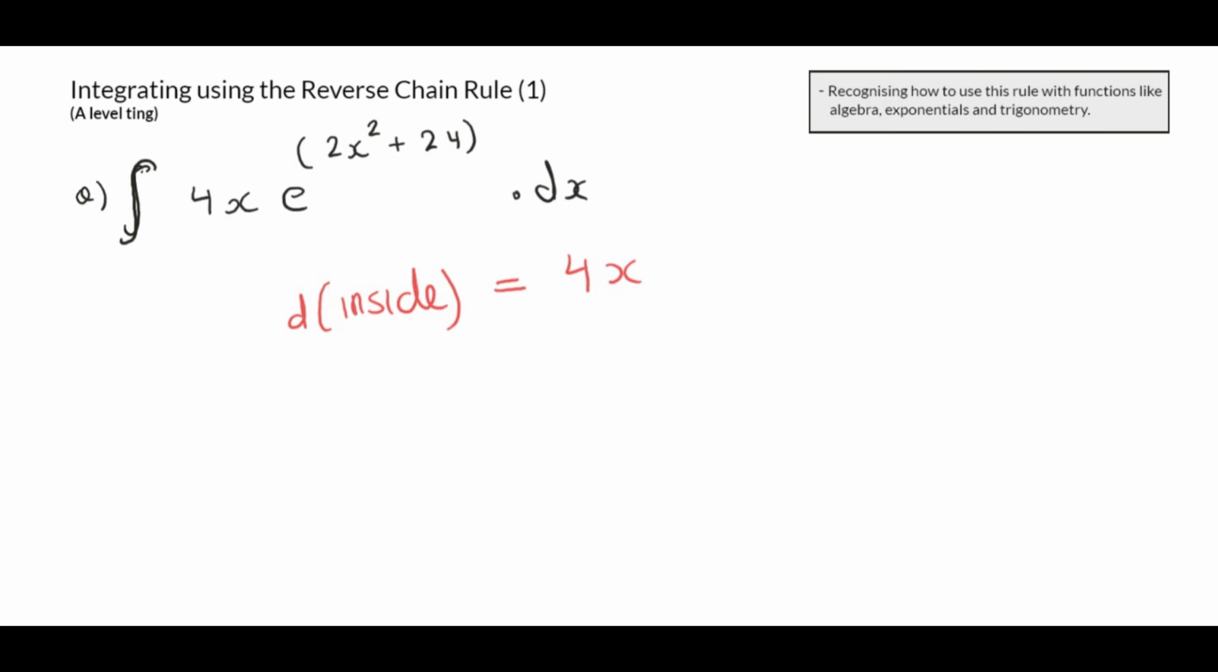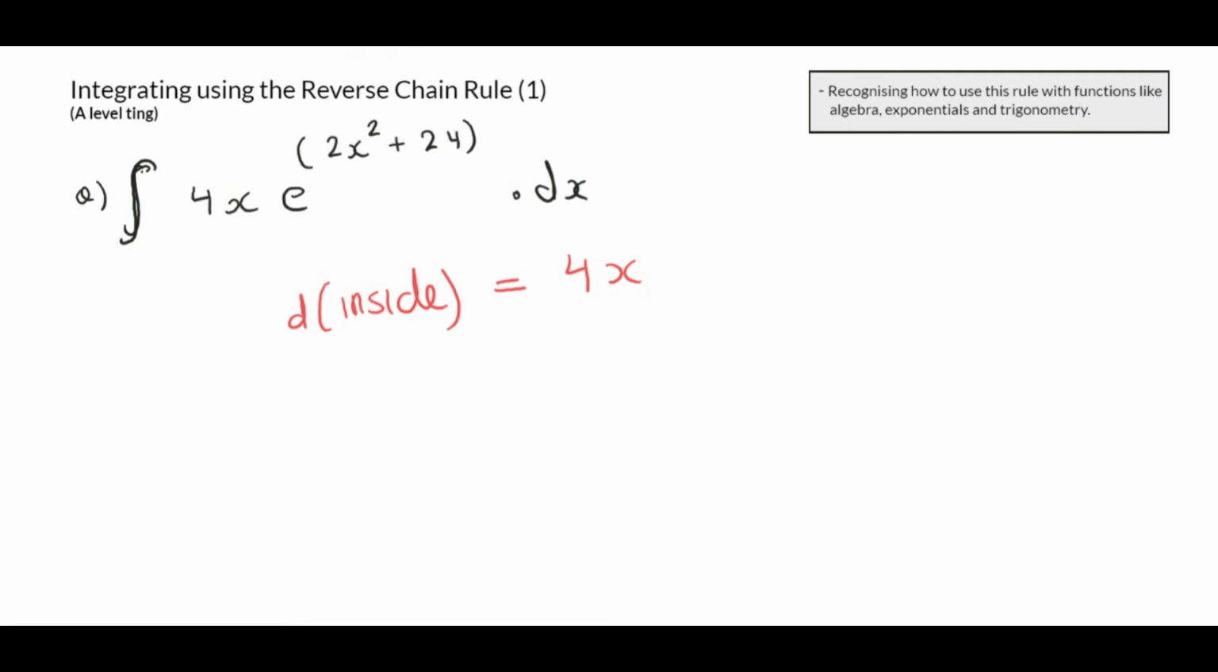Calm, now listen. It's not a coincidence that there's also a 4x sitting out here. Now remember what I told you. Even if it was 8x, it wouldn't matter. You get me? What's really important is this x and this x. That's what I'm really trying to get into your head. What's really important is when you differentiate the inside, this x is coming out and there's also an x sitting on the outside. That's it, done. When you see this, you say to yourself, okay, I'm going to be integrating using the reverse